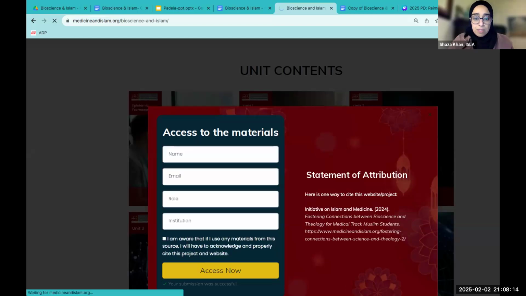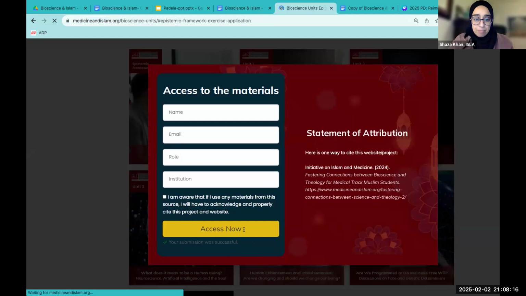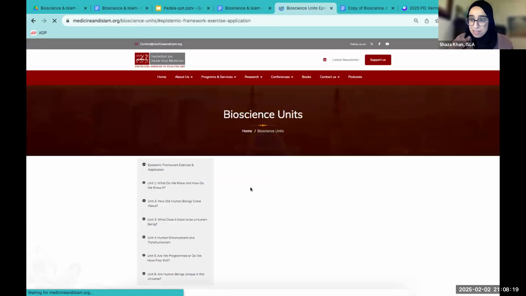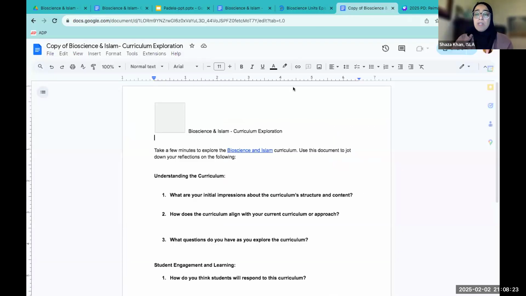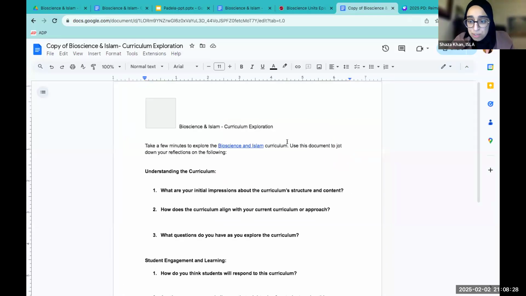And that will allow you to start accessing all of the different units. This is all available for free for you all to explore. And let me just briefly, before you go off on your own, friends, remember how it is when you're giving